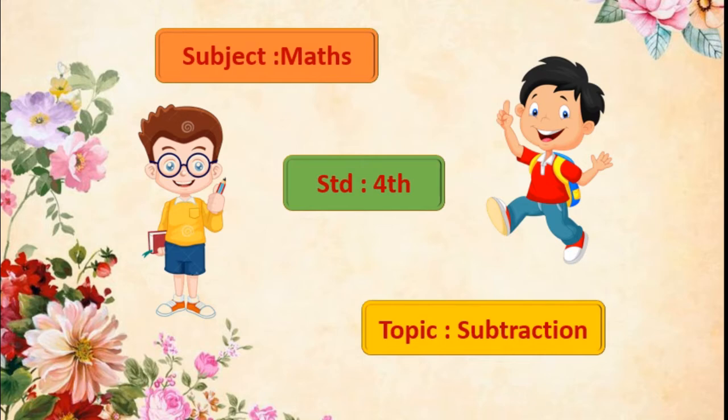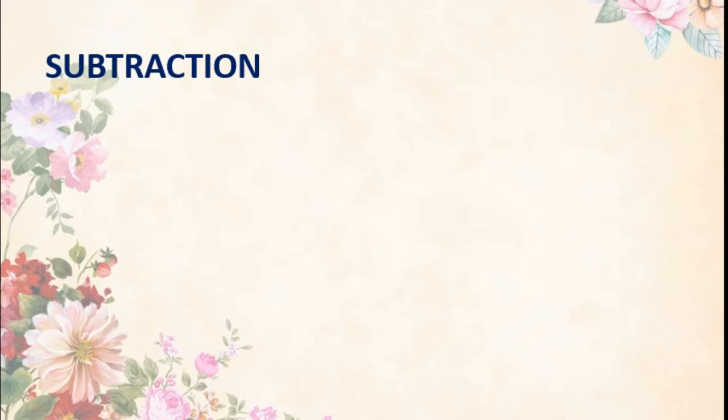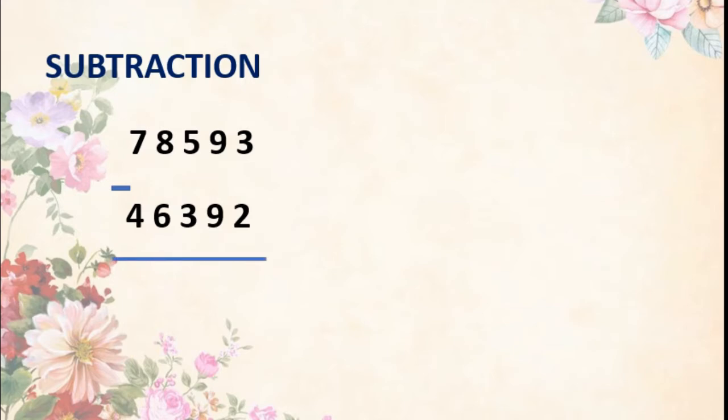Okay, and here you can see 2 students of your class. They are going to help us to solve the sums. Let us move to our sums. Students, first we will take a quick recap of the subtraction without borrowing and subtraction with borrowing. This is the first one. Okay, this is a 5-digit sum subtraction without borrowing.